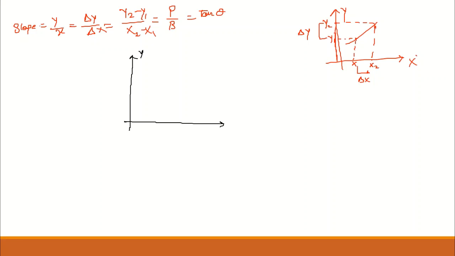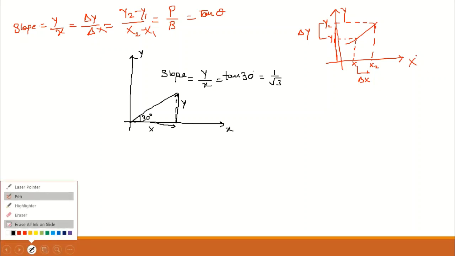Let's suppose this is y, this is x. If I have a line which is making a 30 degree angle, and its perpendicular or y component is this part and this is my x component, then can I say that its inclination is how much y increased when we have increased it in x. So the increase in y with respect to increase in x is nothing but slope. That is nothing but tan 30. That is nothing but 1 by root 3. This we can solve right in this manner.